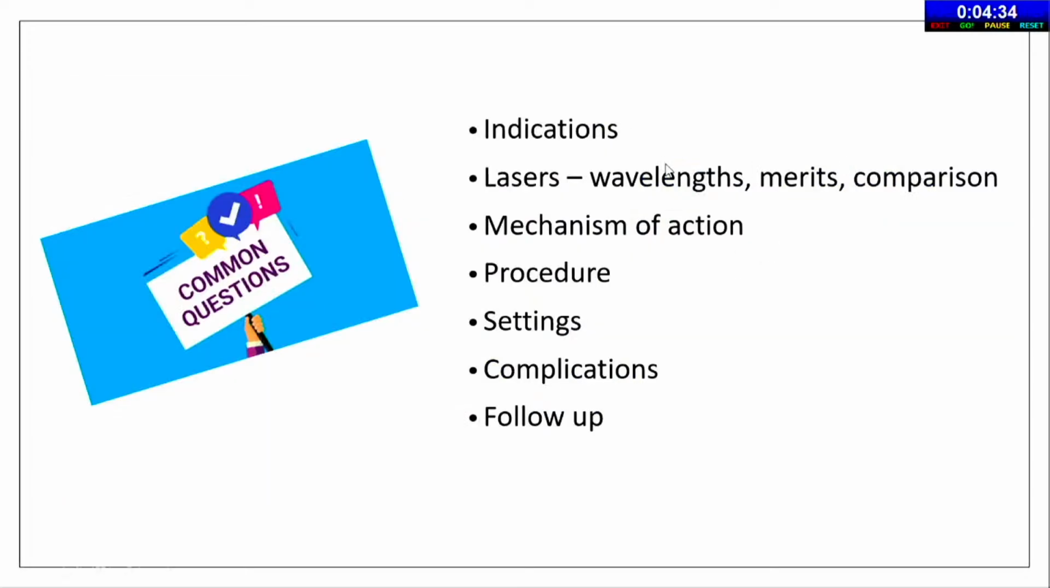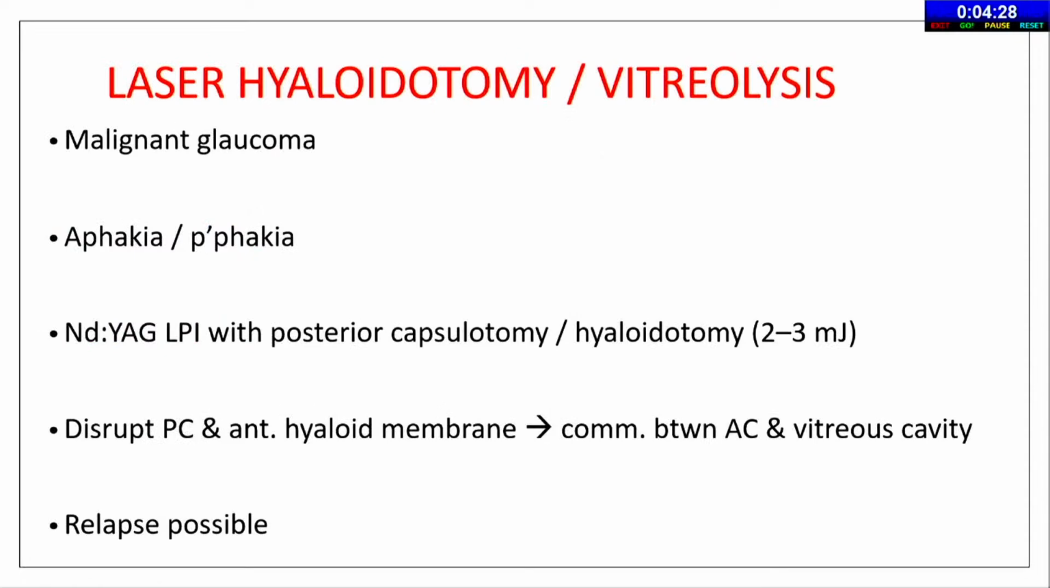Again here, the group of questions can be common, and because there are multiple lasers, you need to compare and contrast. In malignant glaucoma, you can use Nd:YAG for iridotomy, wherein after you do a PI, you also do a rupture of the posterior capsule and of the anterior hyaloid phase. So that aqueous which is sequestered posteriorly can gain direct access through the anterior vitreous, through the capsule, and